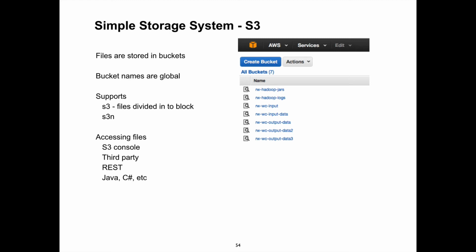And yeah, you can access those files. Again, there's an S3 console. You can log on to the web page in the web browser. I don't do that because I don't want to upload files into a web browser and download them. So I have a client that allows me to access the files directly.